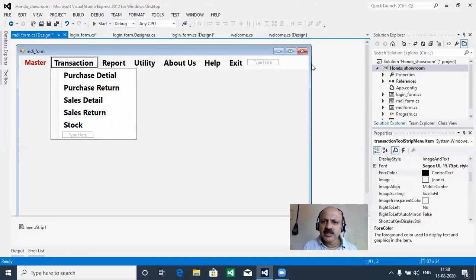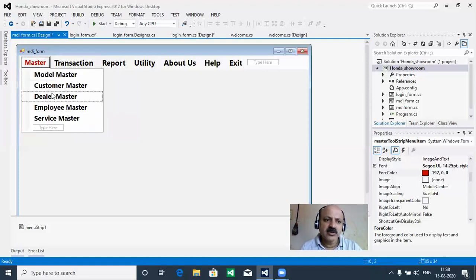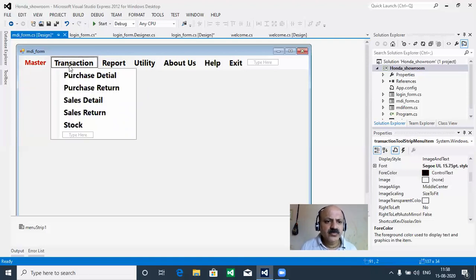Sometimes there is a requirement, so you can take it here between transaction and report. Some students take purchase, then the detail, then purchase and sell, and then sell and its detail, and return. That type is also possible. But we can say that transaction means you purchase and sell your goods, items or products, and that is called a transaction form. So master is fixed, okay, and transaction. Okay, so now it is ready.